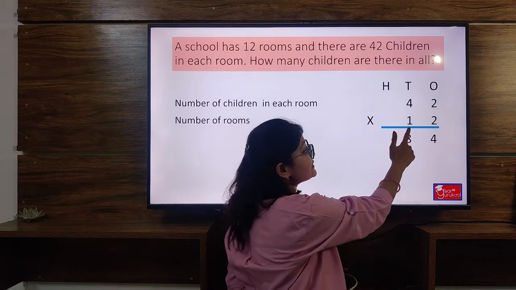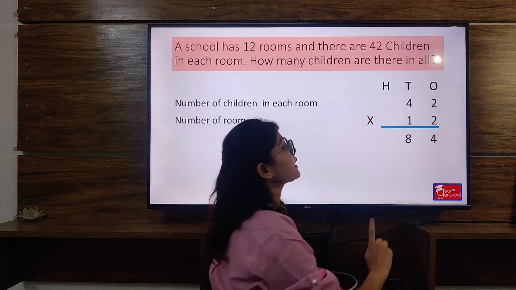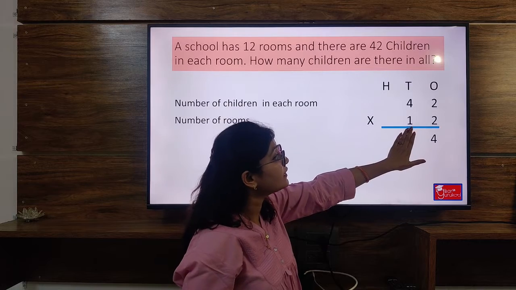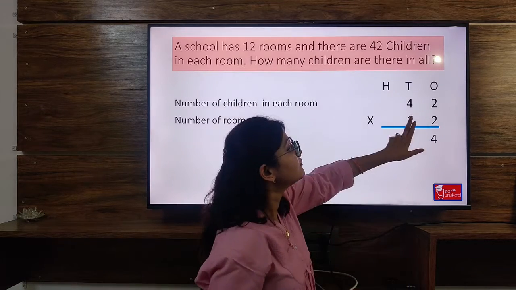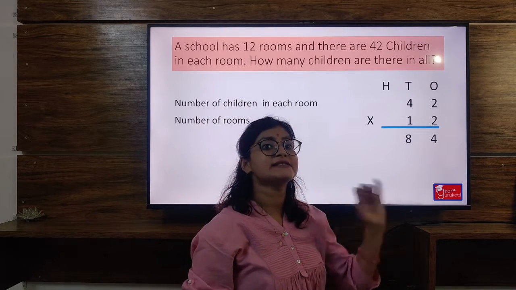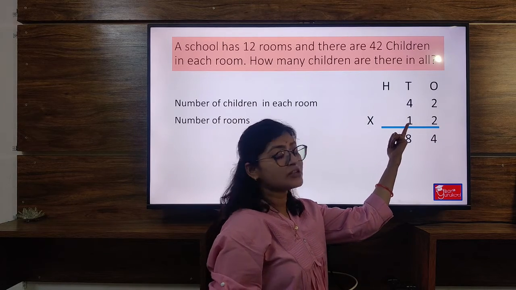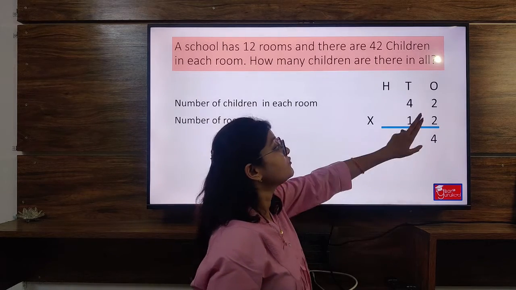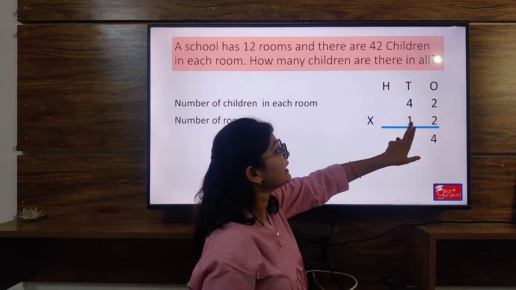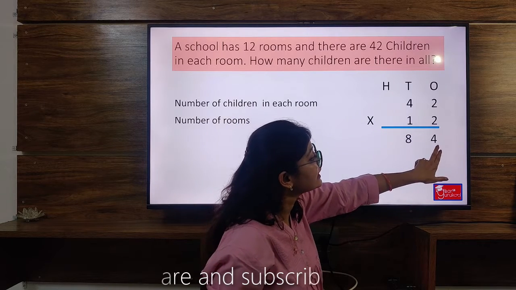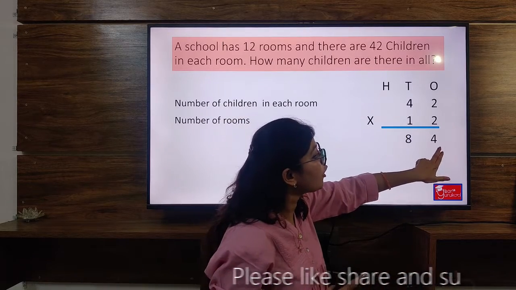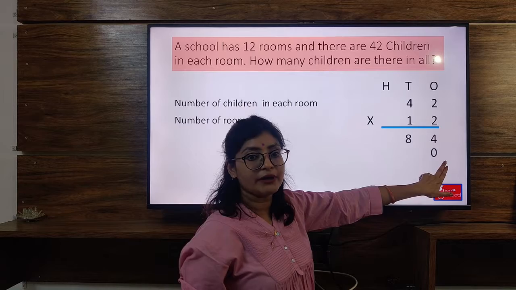We have tens at tens place, we have 1 here. Now, first what we will do, because see, 1 is at tens place, so here this 1 is not just 1, it is 1 tens. And when we have a number at tens place, it always has a 0 with it. So, this is not just 1, this is 10. So, when we multiply any number that is at tens place, we will always keep a 0 here, because this is at tens place and 10 has 1 zero. So we will already put a 0 here, right?